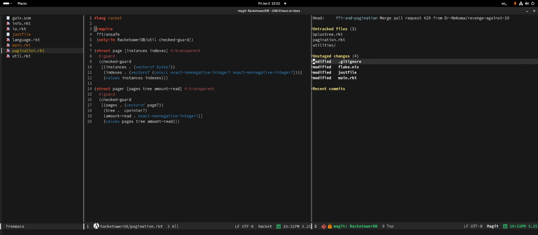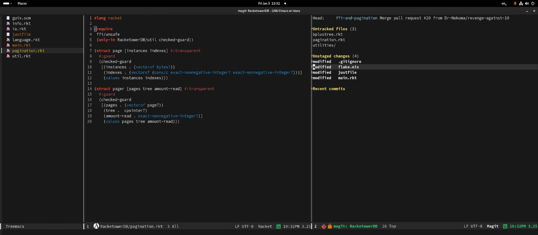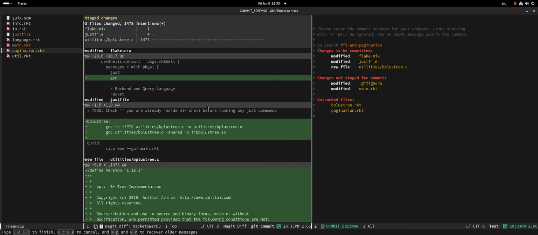So the first thing I believe we should do is put the utilities and the flake and the justfile, and this is going to be a commit of add b plus tree.c and GCC support in the project. So that's one thing.